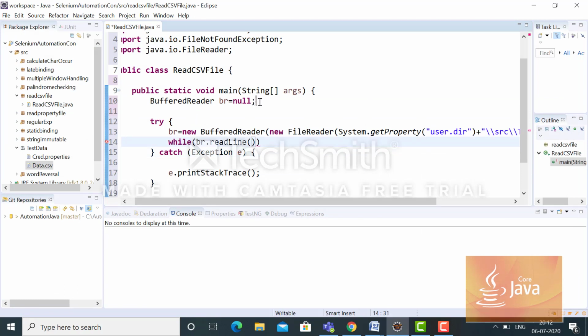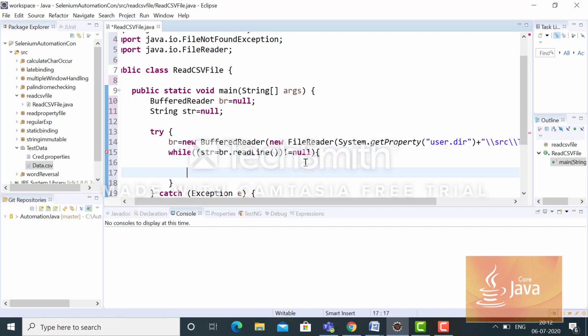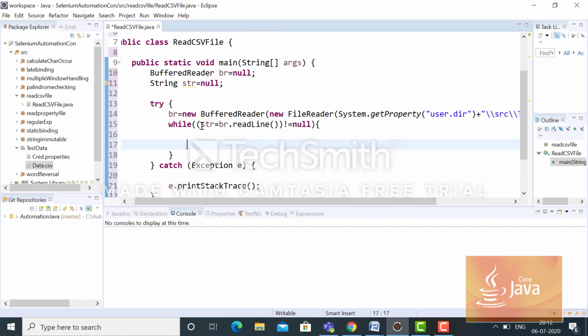So here I am taking one string str equals to, now I'm assigning it and putting a check over here that if it is not equal to null, then keep reading line by line until it is equal to null.